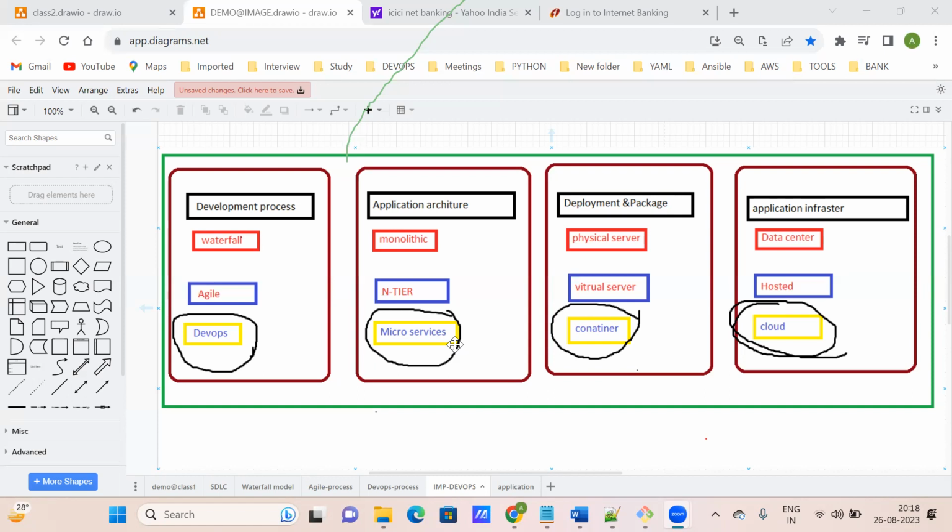Suppose thousands of people are accessing loans, they will not suffer because PPF is not working. So that is your microservices.